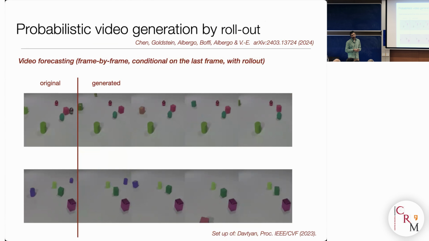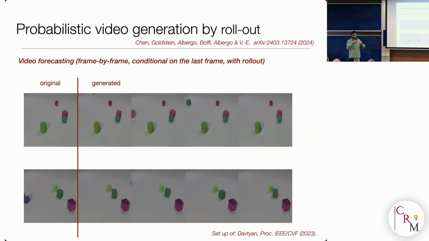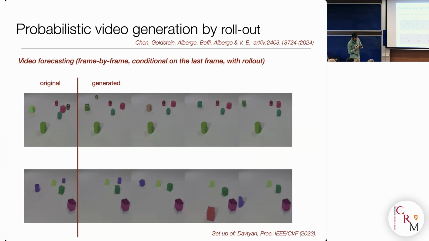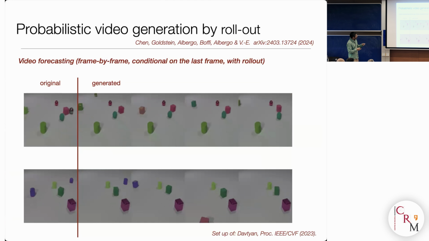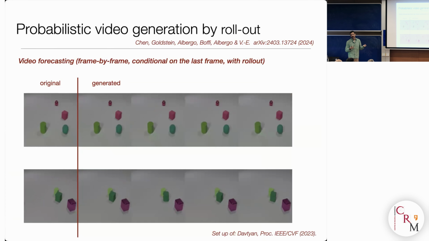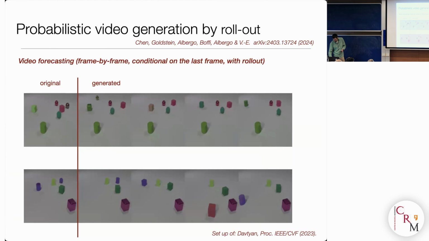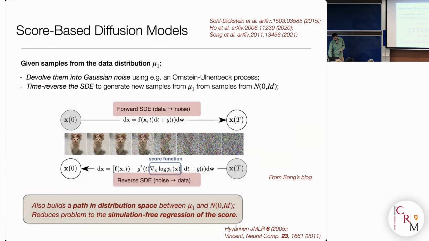And so this way you can create artificial movies that have some diversity if you use the SDEs. And for example, what you see here are different generations of movies that are done with different rollouts, and they share only a few frames with the original one, but then afterwards you see that they start to do things that are a little bit different while remaining reasonable. Okay. All right, I don't want to insist too much on this example because I want to focus on the theory. And so I'm going to do two things. First, I will make a connection with the existing methods, and then I will show you how you can go beyond that. Okay, so first of all, let's go back to diffusion very quickly.